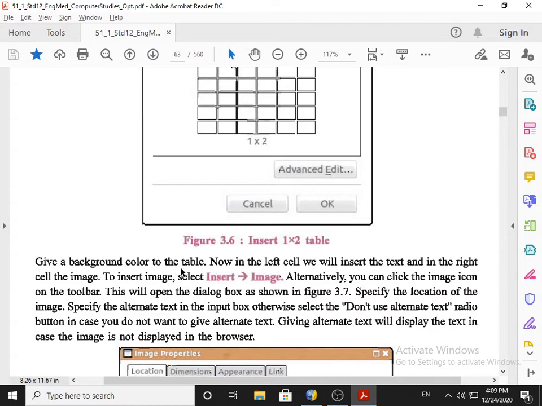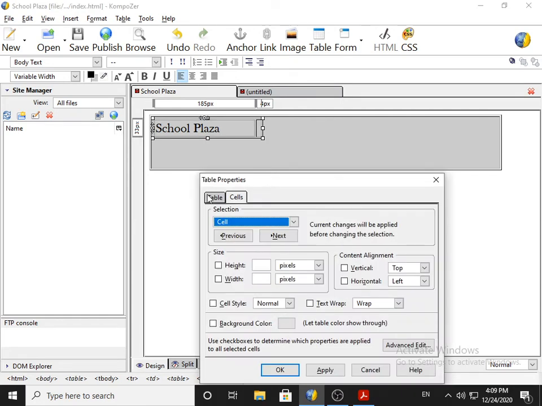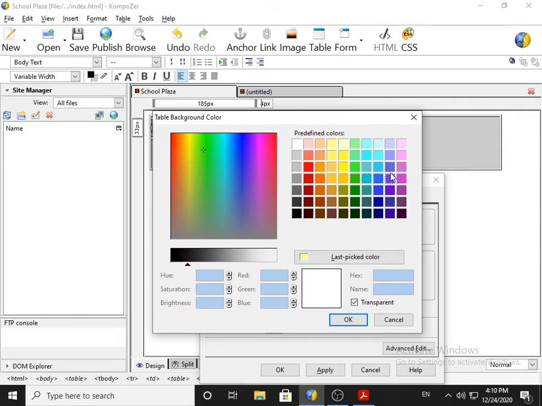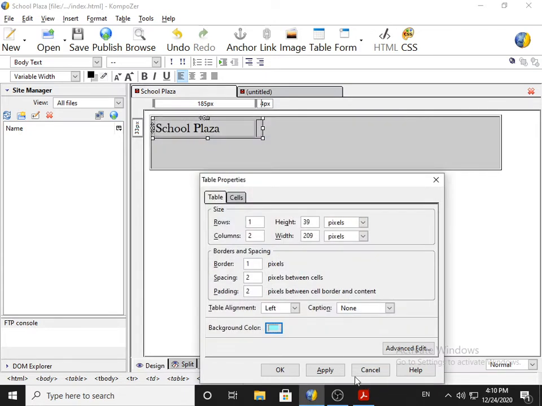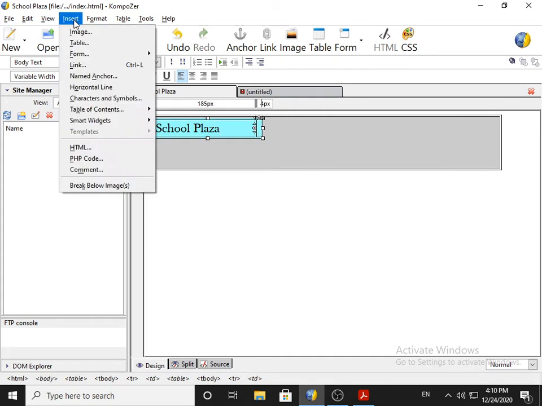Give a background color to the table. Here again we double click inside this and we provide the background color. And I click on OK button. Okay. Now in this box we need to insert the image.